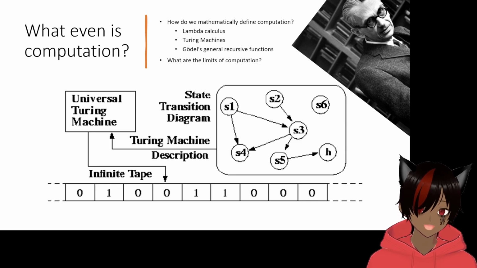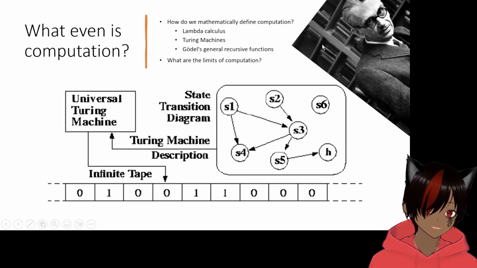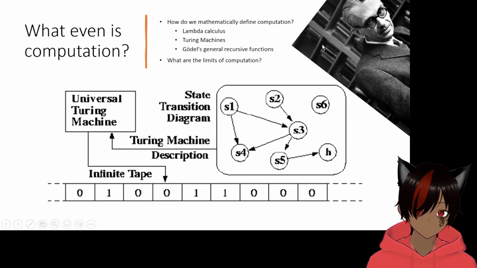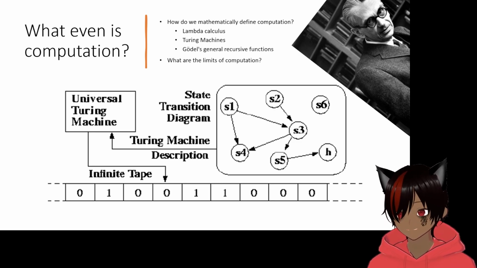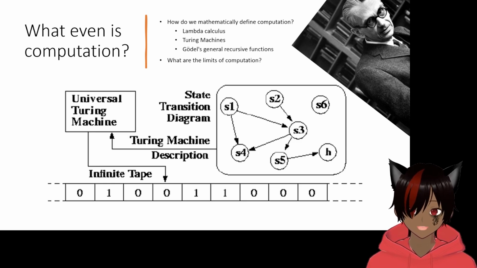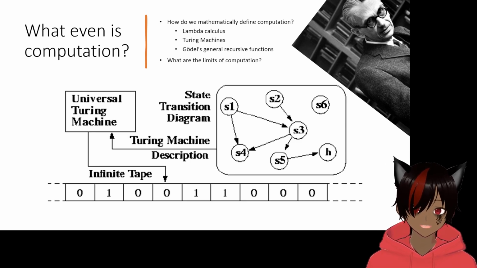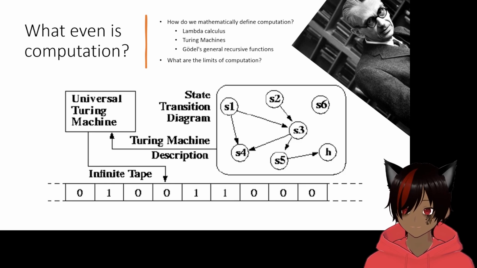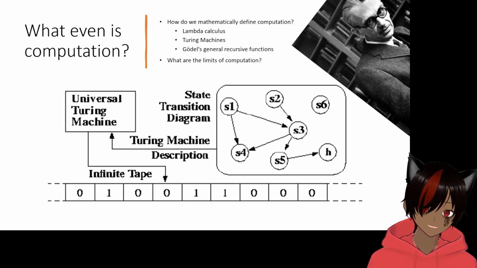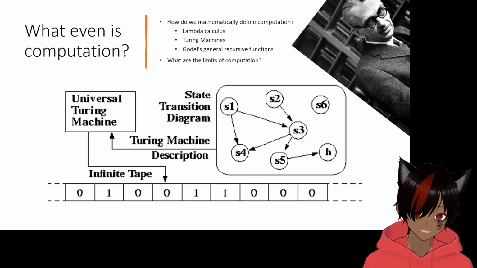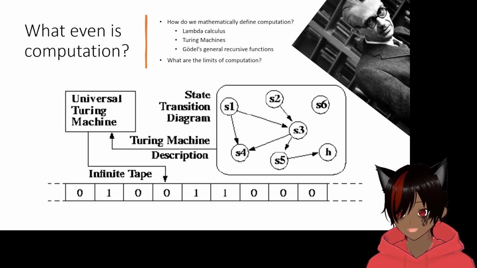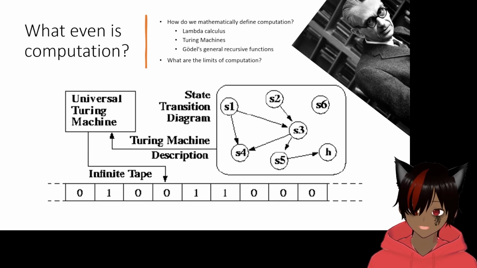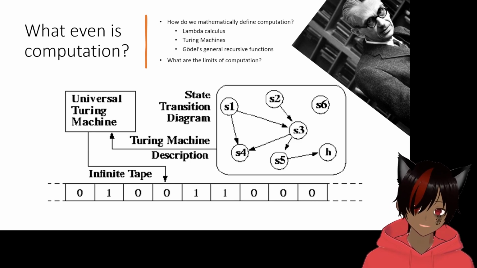And Gödel, pictured right here, he sort of said, hey, lambda calculus is wrong. That's not what we should call computation. He comes up with his own thing called general recursive functions, and people show that, hey, that's actually just equivalent to lambda calculus, which is equivalent to Turing machines. And Gödel's like, dang it, I'm incorrect. If mine is equivalent to yours, I couldn't possibly be correct, which I think is just funny. But